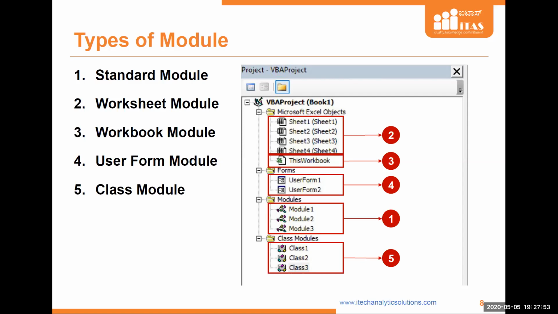Let's say you wanted to perform filtering using macros. You select a range, you apply a filter, later on you copy paste something. All these things will get recorded. Not only filtering, all the other things also get recorded. So that is a recorded macro. Whereas when you write a macro of your own, you know what should happen and what should not. So only for the instructions that you provide, for the task that you want to perform, you will give instructions. For the rest of them, you will not worry. You understood the difference?